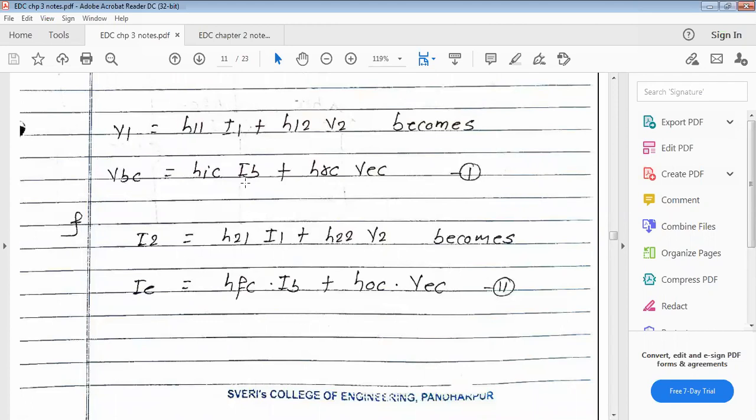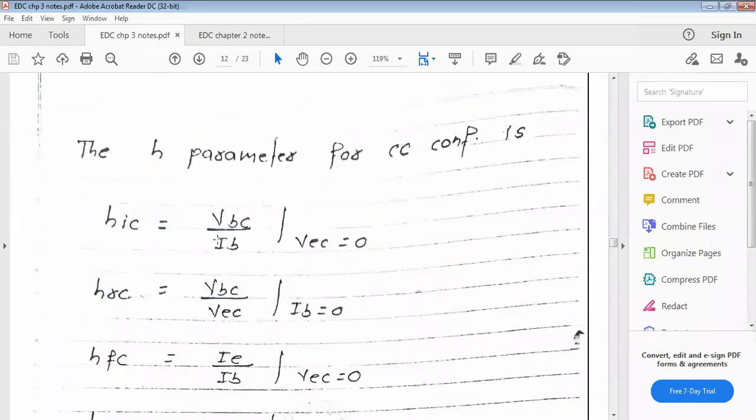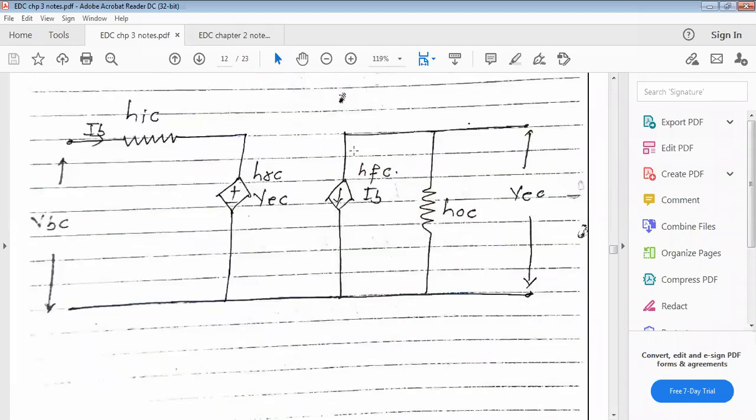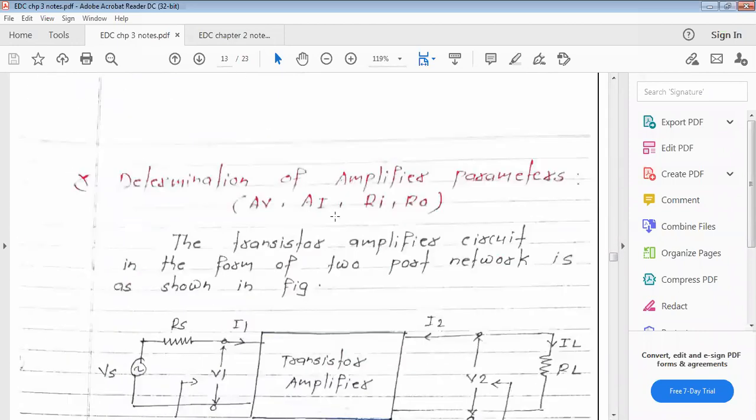For the MCQ, this part is very, very important. It is a very simple part, but we have to define it for the 3 configurations, and that's why it is quite complicated. So you just have to revise that. In today's homework, you have to write the diagram and all the equations or parameters for these 3 configurations. Once you have written them, you will get it clear. So these are the hybrid equivalent circuits for all the 3 configurations: common emitter, common base, and common collector. In the next lecture, we are going to see the determination of different exact parameters.